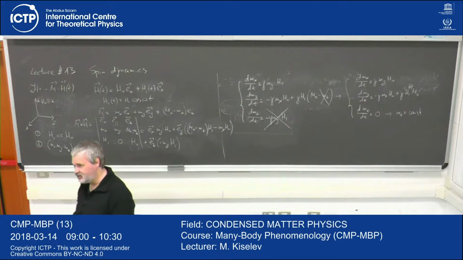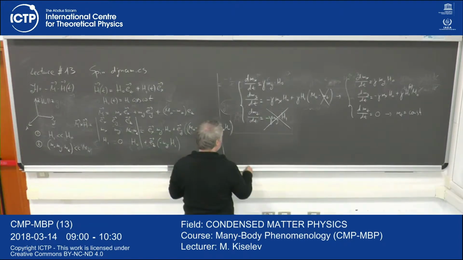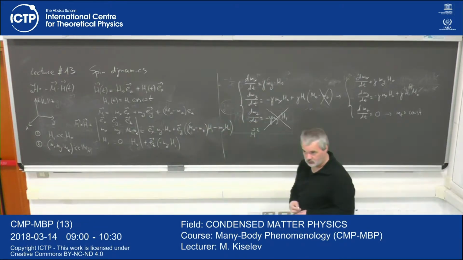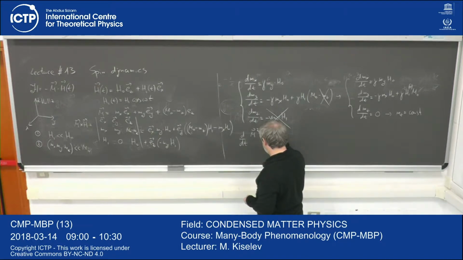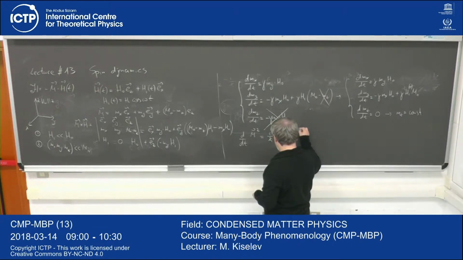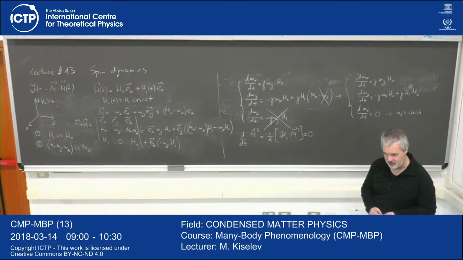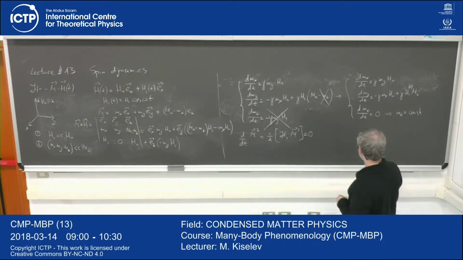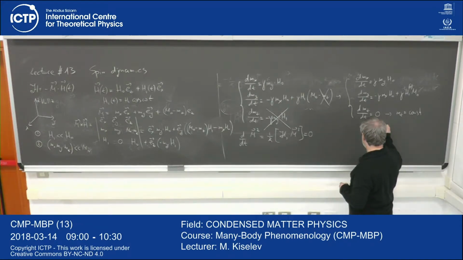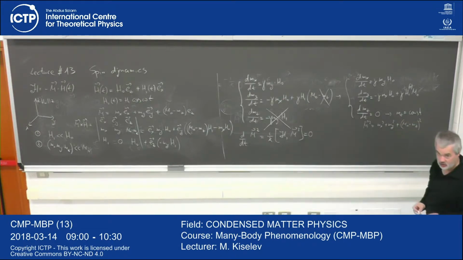I started with the equation of motion for operator m. However, as an exercise, please write down the equation of motion for operator m square, and show that d over dt of m square, which is i over h bar times the commutator of h with m square, is equal to 0. You can write down the commutator and prove that this is correct. Which means that m square is conserved, and therefore your m square, which is mx squared plus my squared plus (m naught minus mz) squared, is a constant,